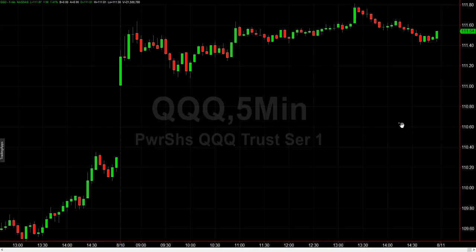Now, if we get below it, that would be bearish, and open us up to breaking Friday's lows. I would expect a responsive buy first test into this area. And if we gap above 113, I would target 114 on the upside for my next responsive test, to find responsive sellers. So in just a couple minutes, without doing an extreme amount of work, we have highlighted what the QQQ looks like going into